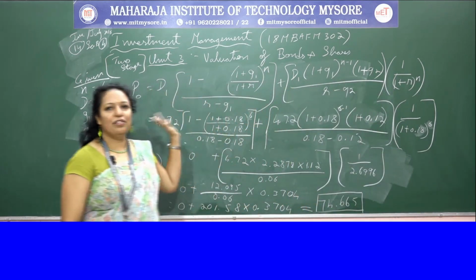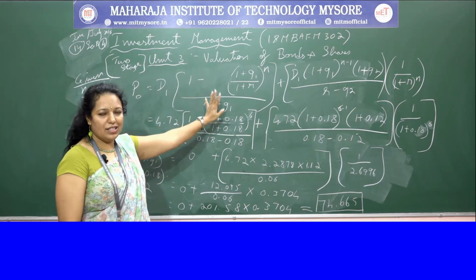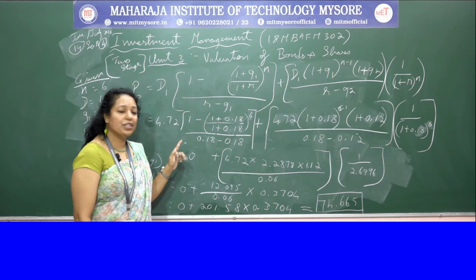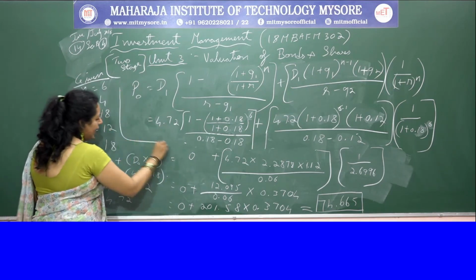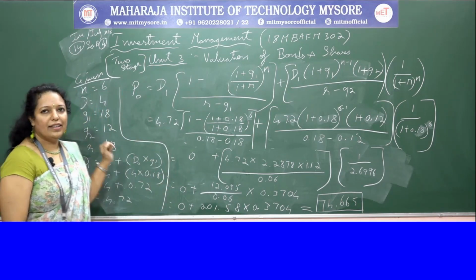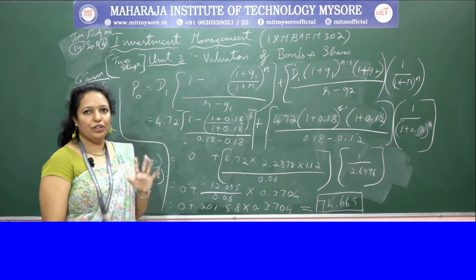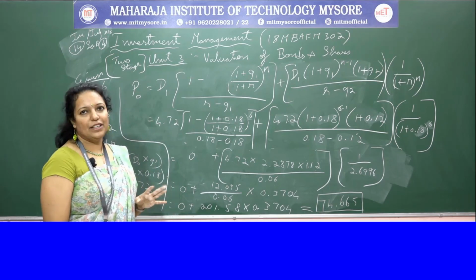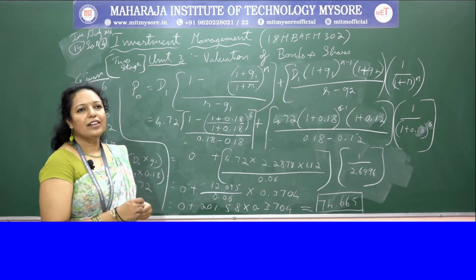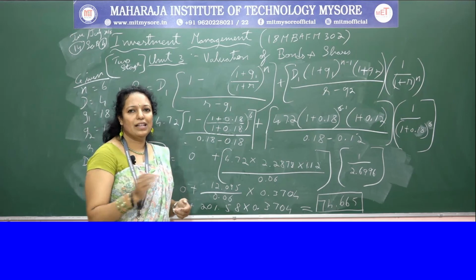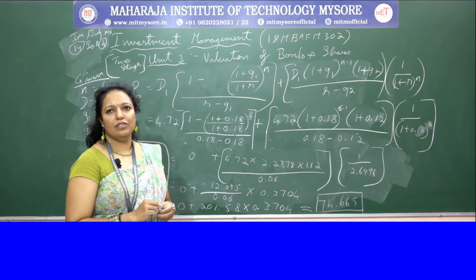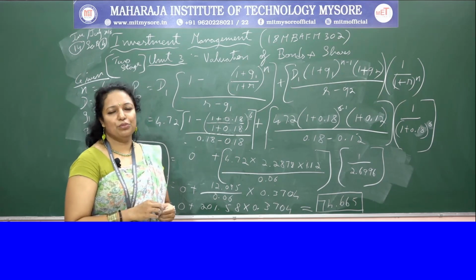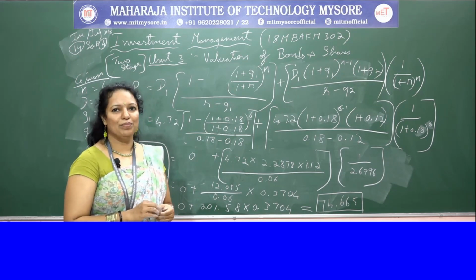In the two-stage model, the formula doesn't change, the formula will be constant, and there are not many twists and turns. If you just make the right substitution and do the right calculation, you can get the answer easily. But initially you have to calculate D1, that is important. Don't take the D0 directly into the problem. If you want some more problems, I'll put some after this video. You can solve that and see whether you're comfortable solving and understanding this kind of problem. Thank you.